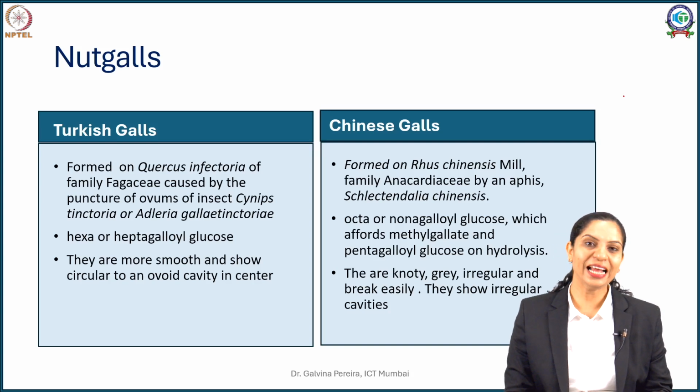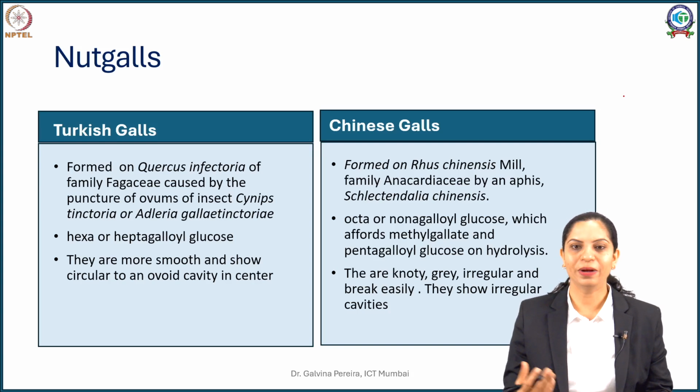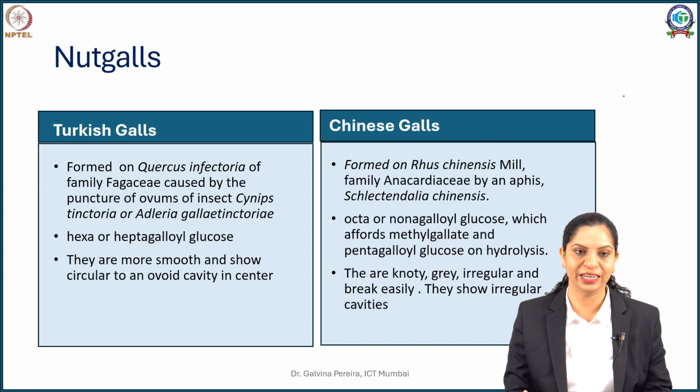Now tannic acid is a molecule which has no fixed structure. You can attach as many gallic acid units as possible. So in the market you get numerous tannic acid derivatives varying in their molecular weight. So by the nature of tannic acid, you can come to know what is the source of this tannic acid.